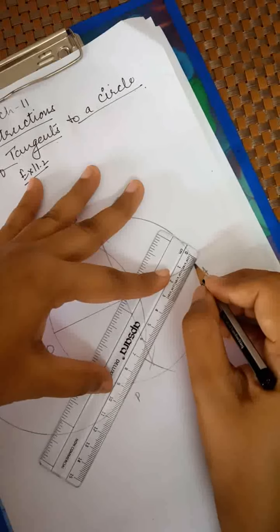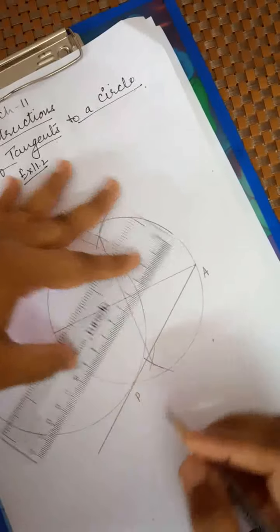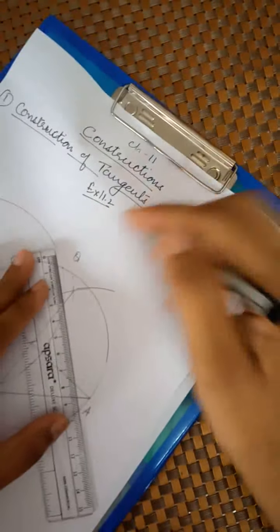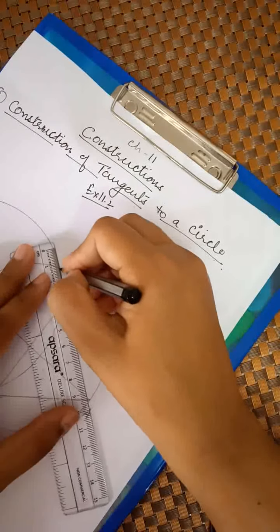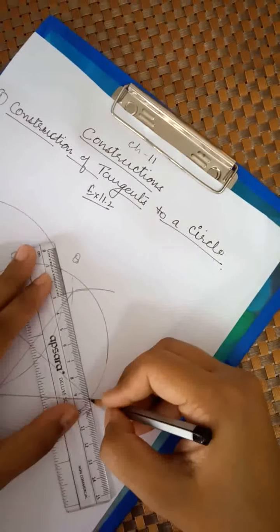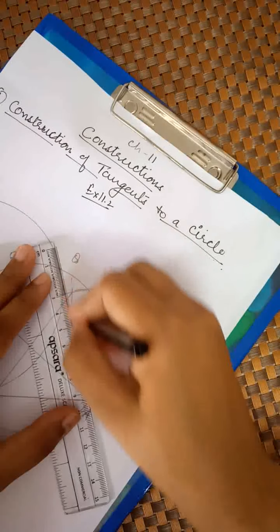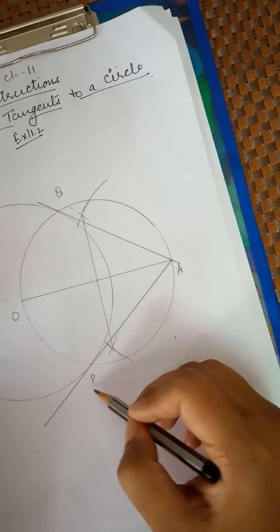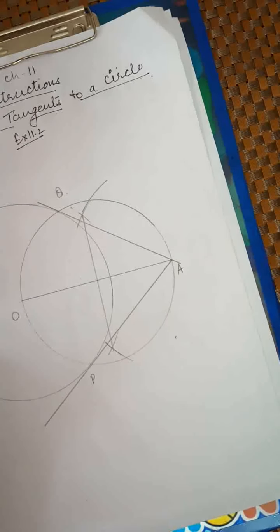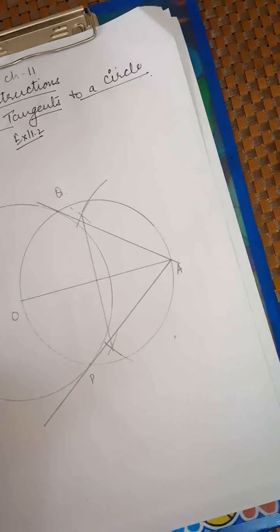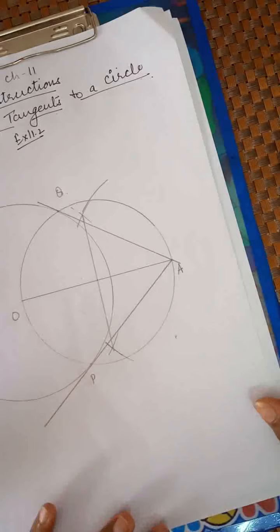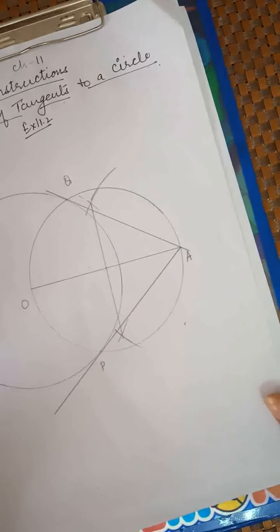So, this will be the line. So, this is the first line and now the second will be, now let's we mark it. Okay, fine. So, now we have two tangents, one is PA and the other one is PQ, and in this way we draw the two tangents, and I think all of you are clear on how to draw the tangents of a circle.